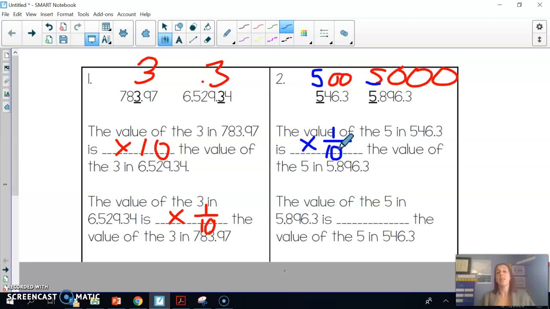So let's look at the next problem. The value of the 5 in 5,000 is blank the value of the 5 in 500. The 5 in 5,000 is actually 10 times the value of the 5 in 500. And so I would write times 10. All of your activities today are going to look at the statements of comparison, looking at 5s and different digits